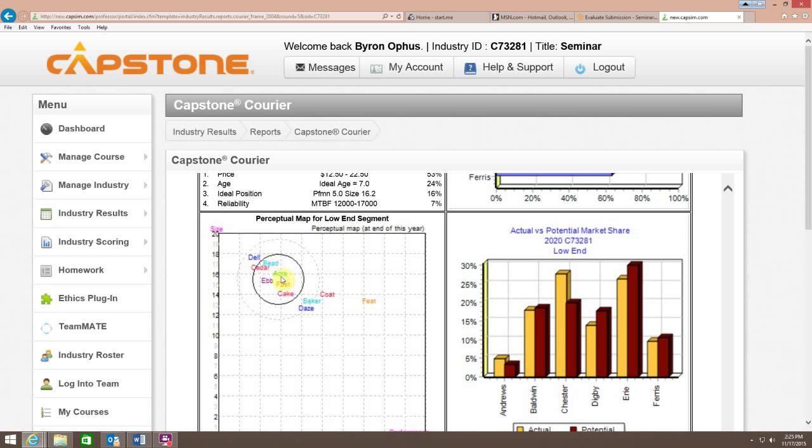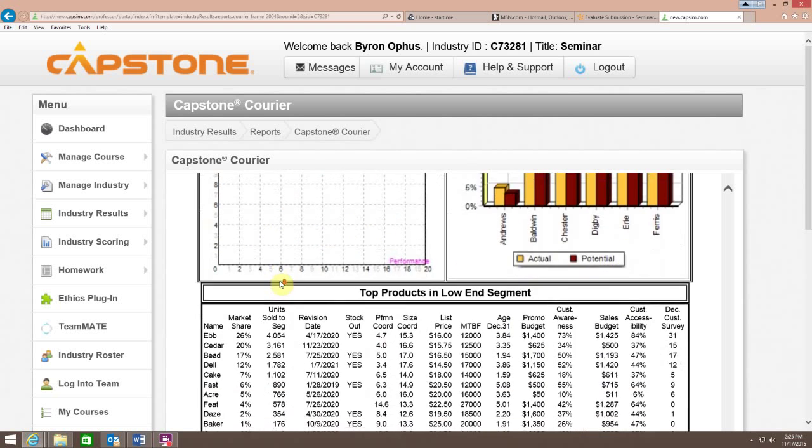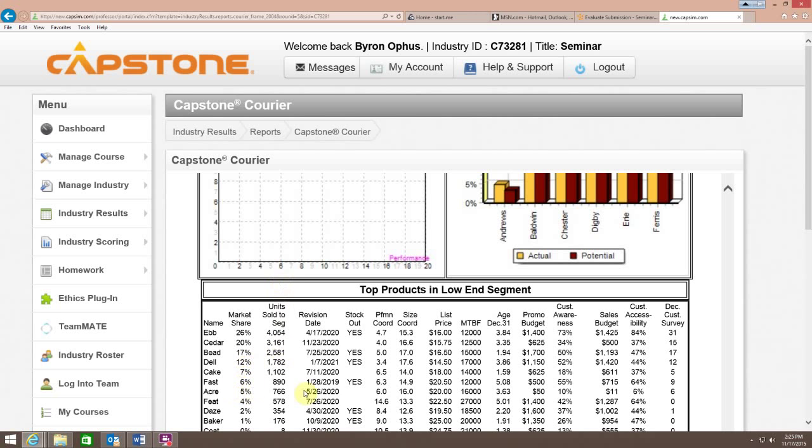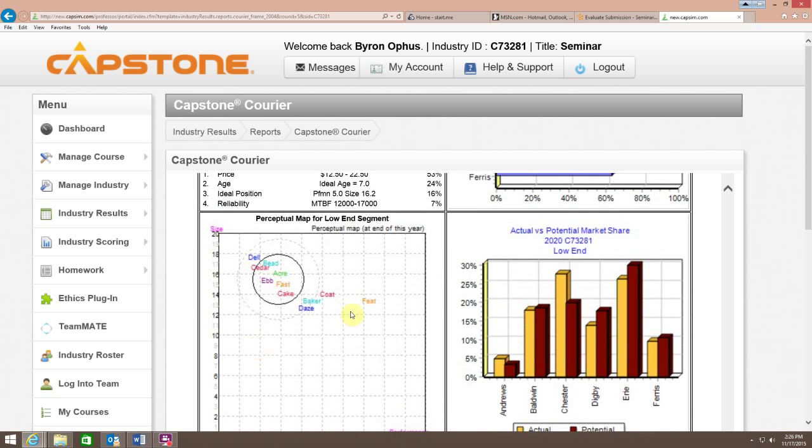Acre got advanced. It was just about out of the game last time, but because of that advancement, it's probably young in terms of its age. We can take a look down here and see. Yeah, Acre got advanced, but its age is 3.6, and so that's kind of an effect. And again, still no marketing there, none whatsoever.